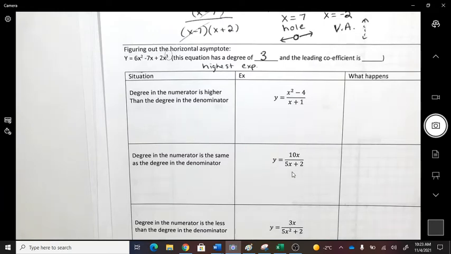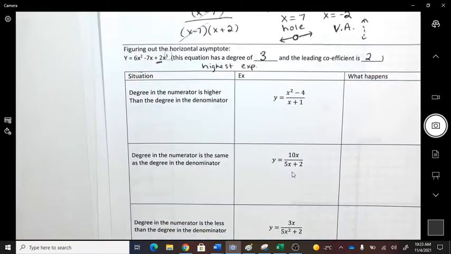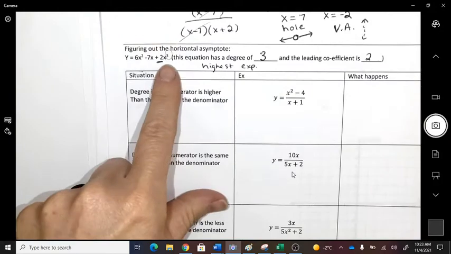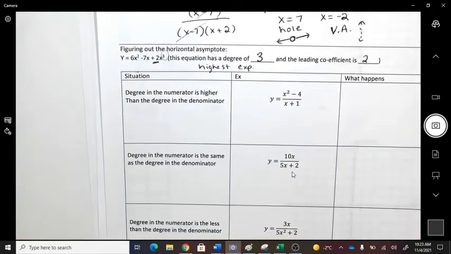Which makes the leading coefficient a 2. So the coefficient is the number in front of that. Okay, when you are working with polynomials,